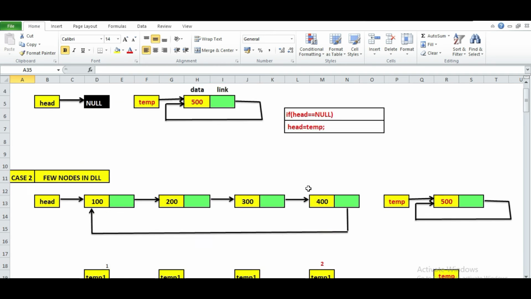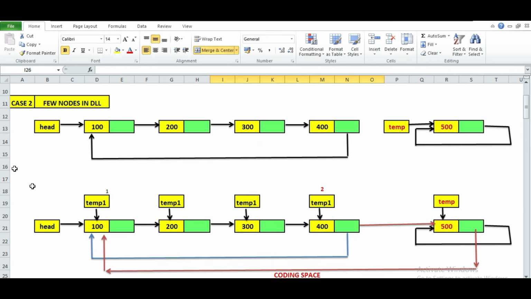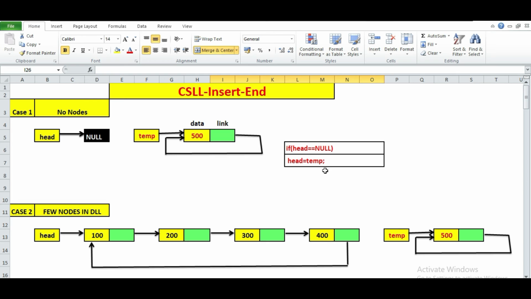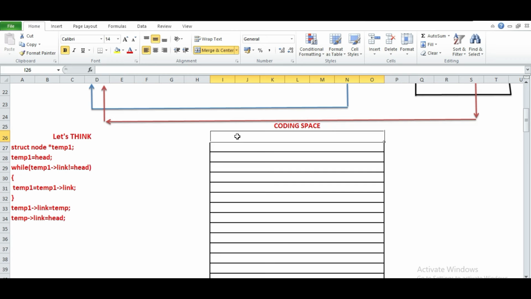So if we want to write this function for inserting at the end, we have to take both the scenarios and do it. So I will tell you to pause this video for a couple of minutes and write it on your own. Okay, in the meantime I'm going to write it. So it is void insert at end.